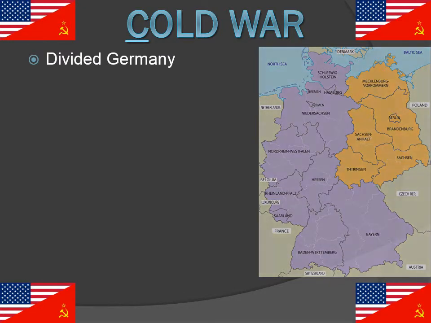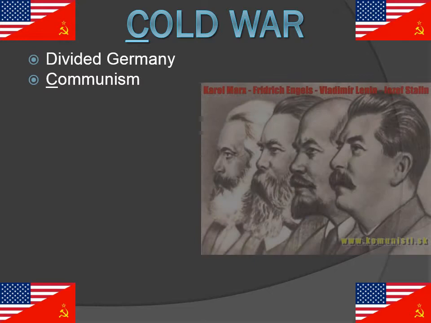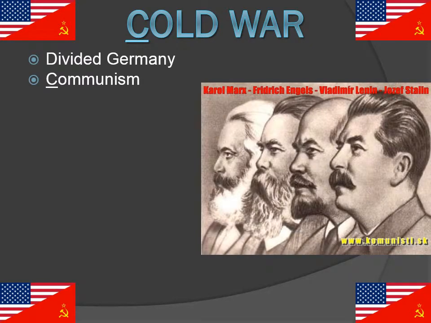You also see communism rise to the occasion during this time period. This is just a picture of the major fathers of communism over not only in Germany, because that's where you get Marx from, and Engels, but then Marx and Engels' philosophy from the Communist Manifesto is going to be spread through Vladimir Lenin and Joseph Stalin. These are really the evil men of that time period, and probably they are more responsible, especially Joseph Stalin, is more responsible for killing more people than Adolf Hitler even thought about killing.